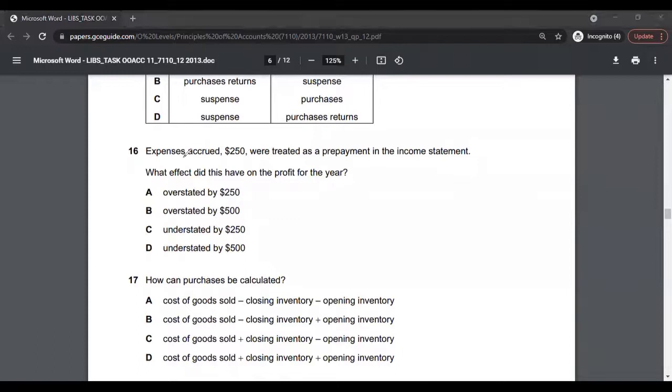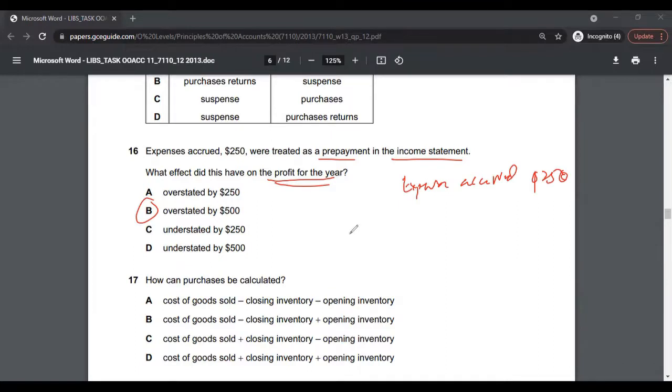Multiple choice 16, expenses accrued $250 were treated as prepayment in the income statement. What effect did this have on the profit for the year? So expenses accrued would be $250. This would actually have an effect double the amount, an overstatement on the profit. So the answer to multiple choice 16 is